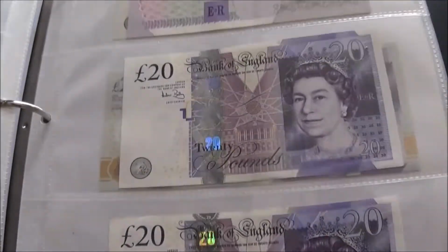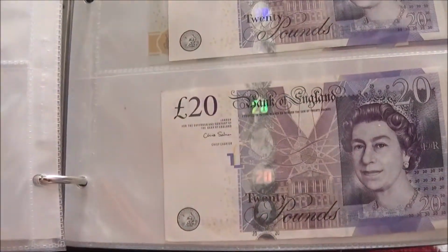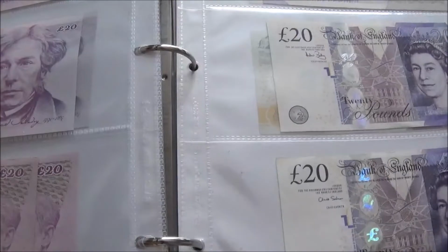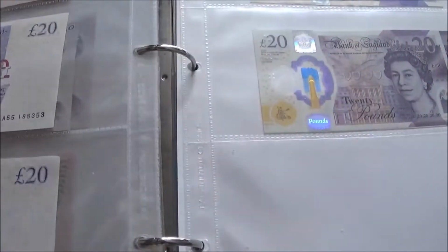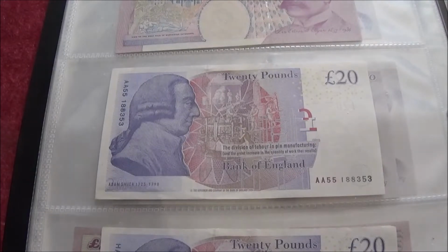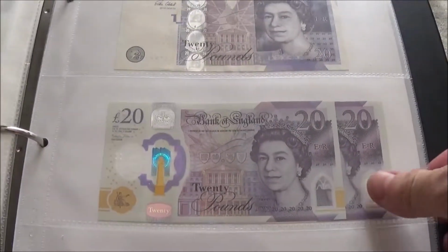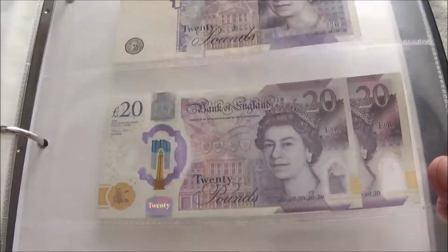Famous composer. Excellent moustache. And then we go to a more geometric design, which is in keeping with the £50 note of that period. And finally, that's Adam Smith. I've read some of his work, quite a good author. And